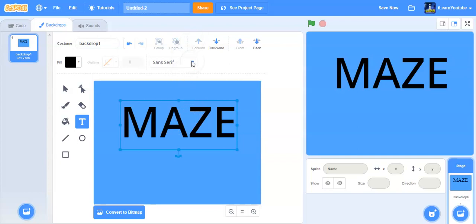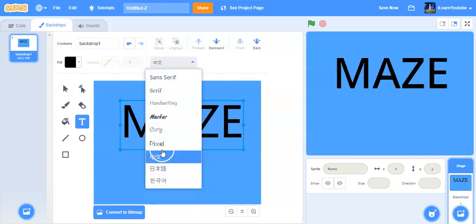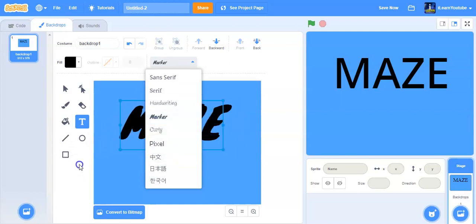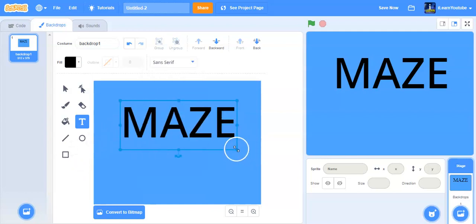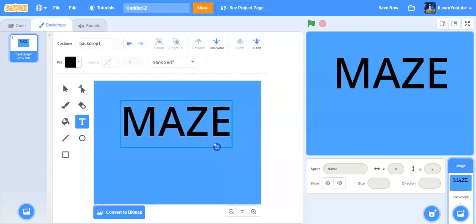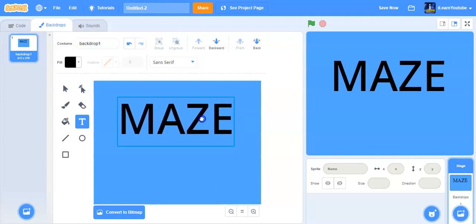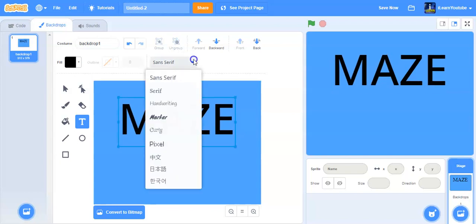Now I'll change this text to, well, you can also choose different font types. Okay, so I forgot to tell you, to change the font size, you basically reduce the text box, and I'll also reduce the text size. So I want it to be like this, the perfect size, I guess. Pretty good. Now I'll change the font type to